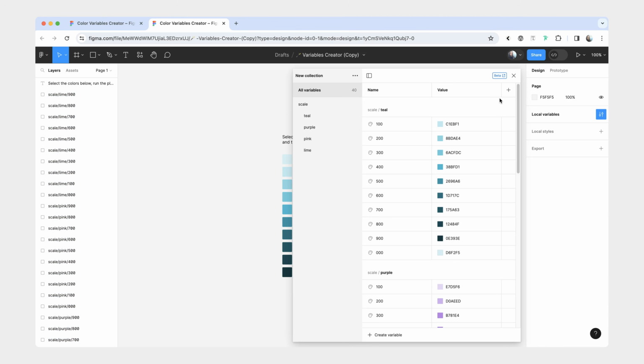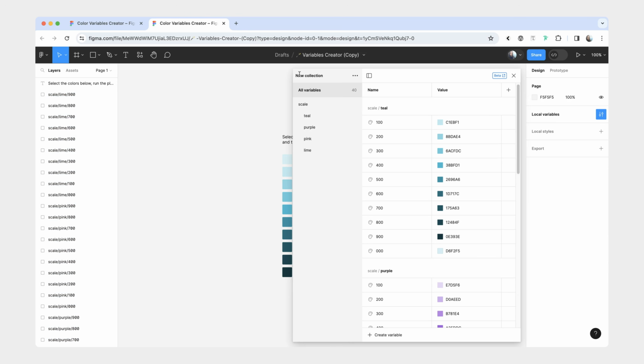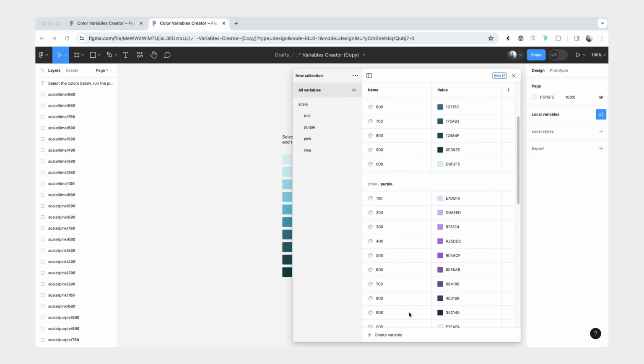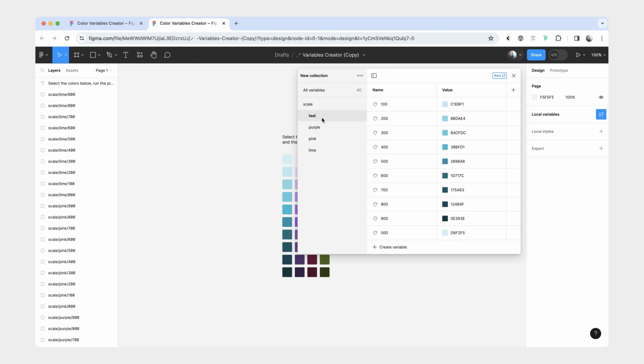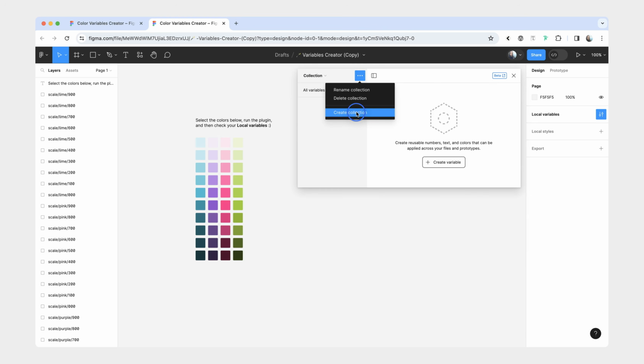And now when you go into your local variables, you can see that you have a new collection that's called New Collection. And then you have all of your variables here. As you can see, when the variables are created, it just takes the name of your layer. And if you use slashes in your name, it creates the respective groups. And if you already have a couple collections,